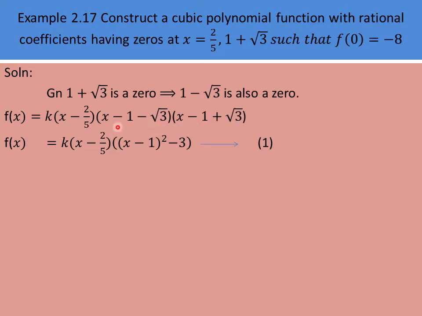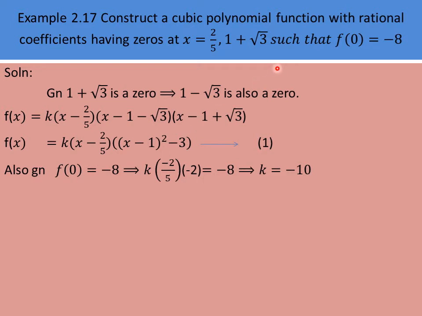So this x minus 1 you take it as a and root 3 you take it as b. So here you can see a plus b into a minus b form, isn't it? So you can write it as a square minus b square. So x minus 1 the whole square minus root 3 the whole square. Root 3 the whole square is 3.